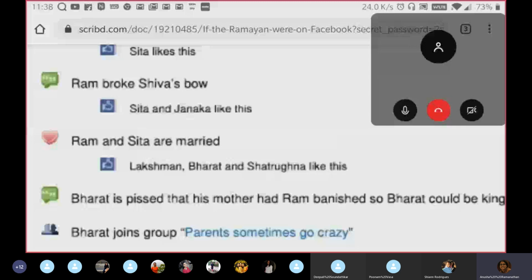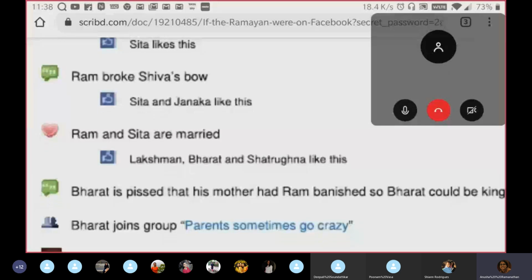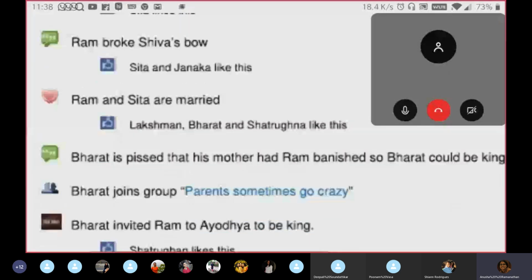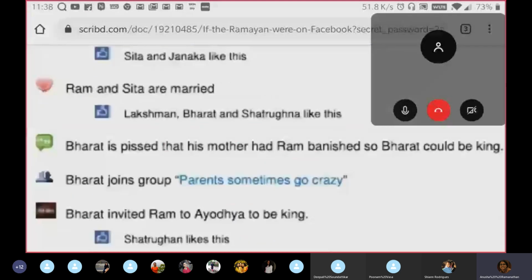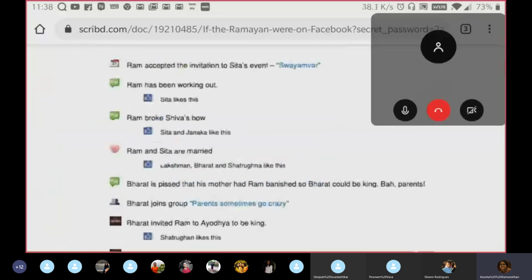That's not what he did. He broke something that existed. Again, they're expecting you to have prior knowledge. Ram and Sita are married, and you're like, suddenly, oh my God, how? And then Lakshman, Bharat, Shatrughan, Sita and Janaka. Who are these characters? So obviously, it is expecting you to know all of these things, and it